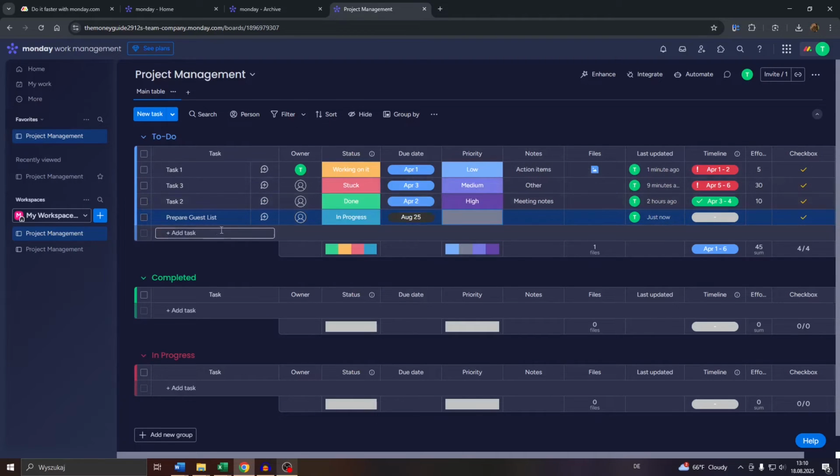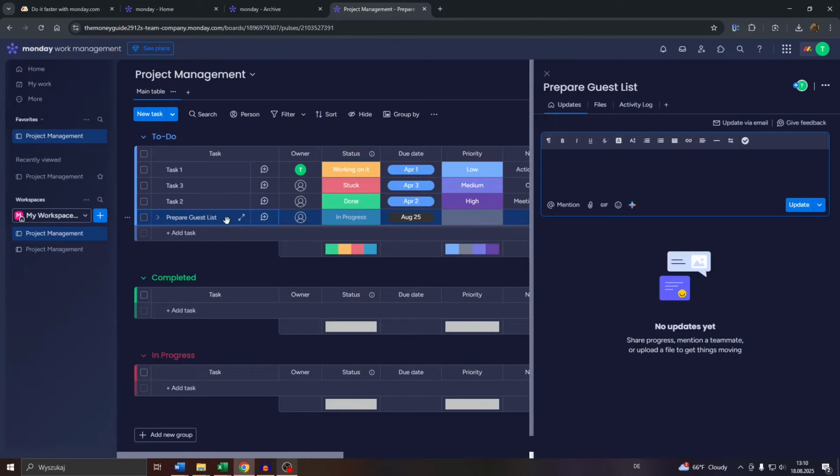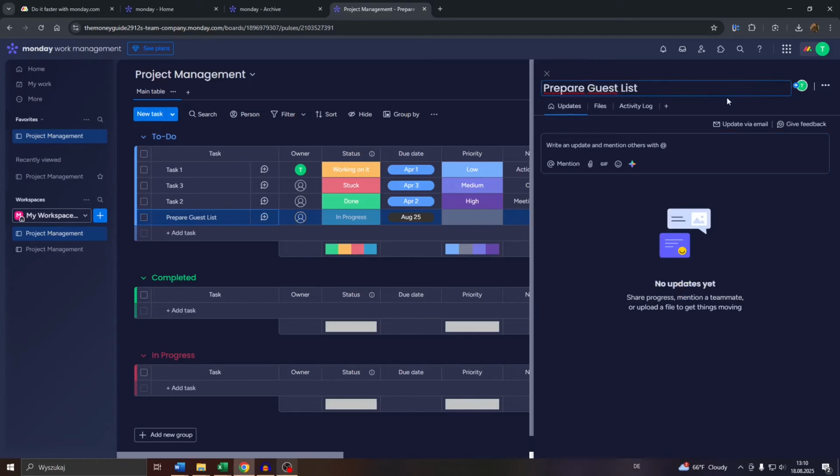So next, click into the given task to customize and edit it even more in detail. This is going to open up that menu here to the right. So here you may rename the given task. You may invite